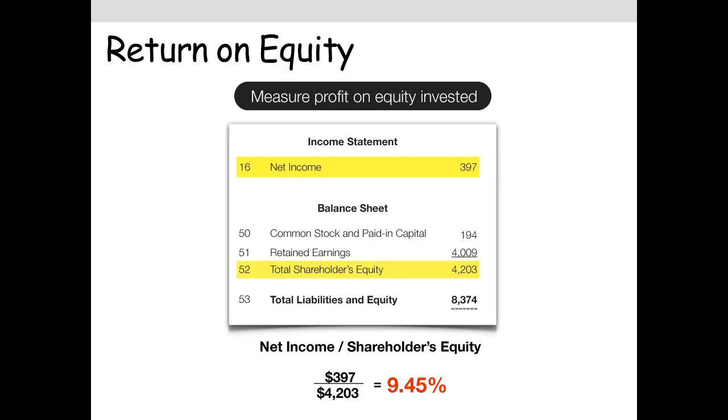As with the other ratios, it would be good to compare return on equity to other companies in the same line of business. We get information on companies in the same industry through financial statement analysis. If it is 9%, people are very interested and happy. So 9.45% is healthy for the company.